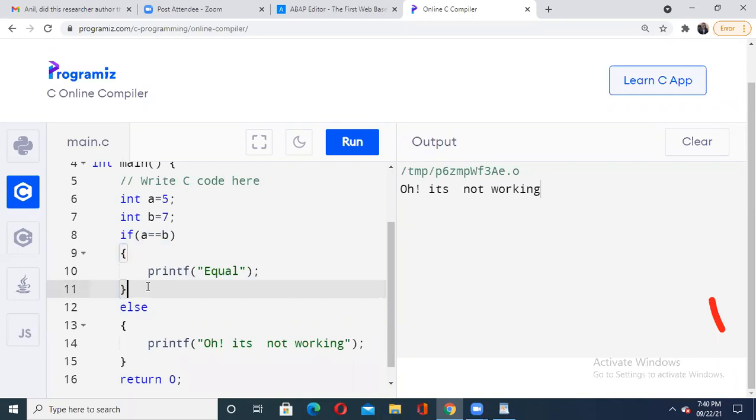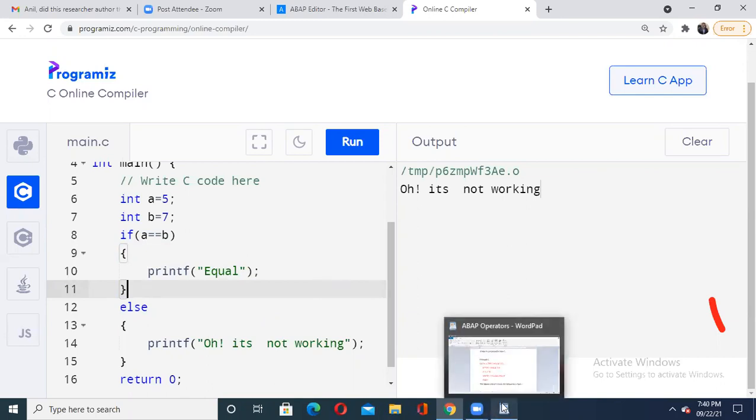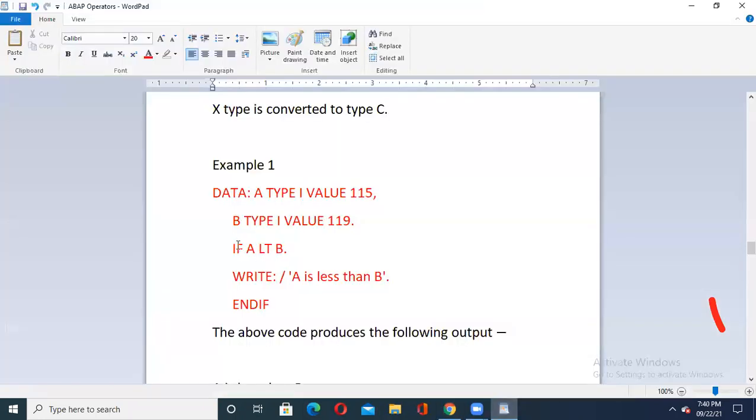Now how is it written in ABAP? Definitely we are going to learn about the loops and all these control statements in ABAP. But right now, as a part of our discussion, let us just observe carefully. I'm just copying it. See that. When I'm saying if A LT B, I'm not using the less than sign here, I'm directly using LT as the alternative form of less than. Then B dot, see that this statement ends here itself.